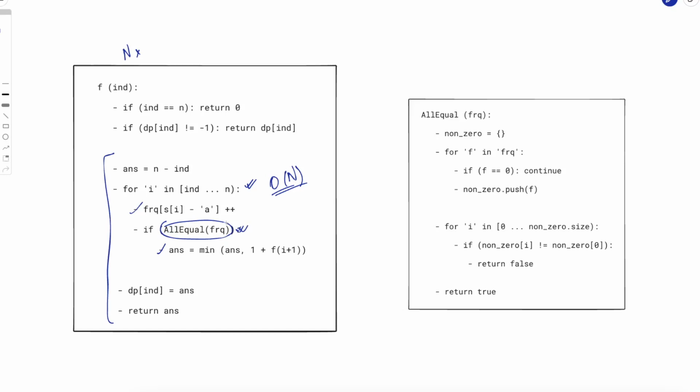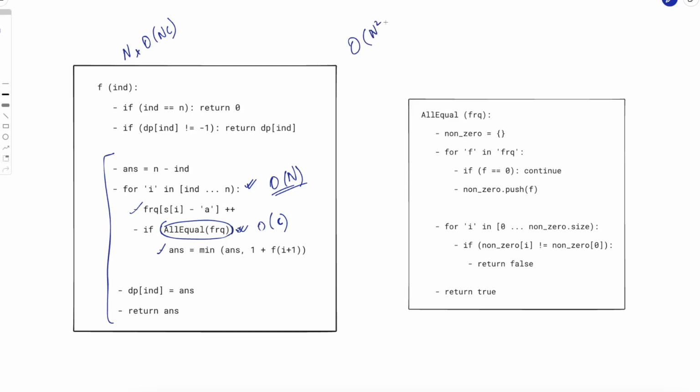Now this particular function call, there are various ways to implement. One possible way would be just iterate over all the frequencies and see whether they are equal or not, right? So this will take order c time, where c is the number of characters, right? So the complexity of this entire loop would be n into c. So you are doing an order n into c operation n number of times. So overall complexity of this entire algorithm would be n square c,